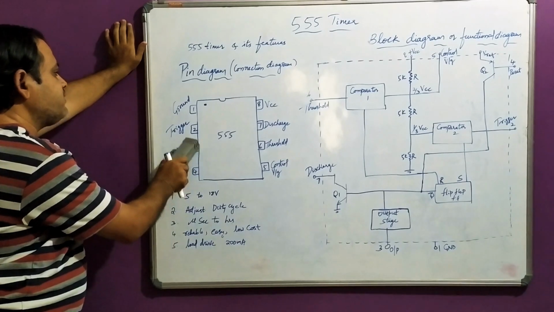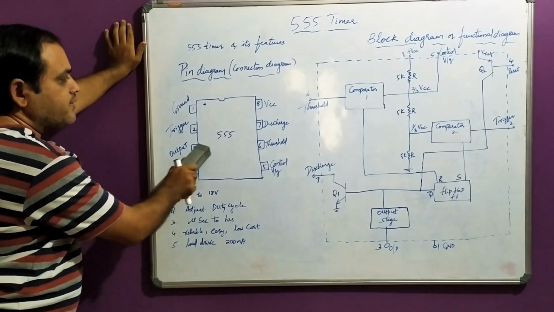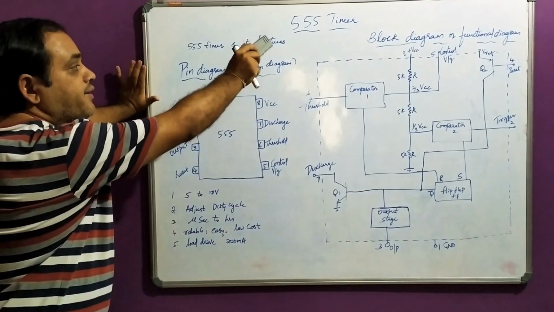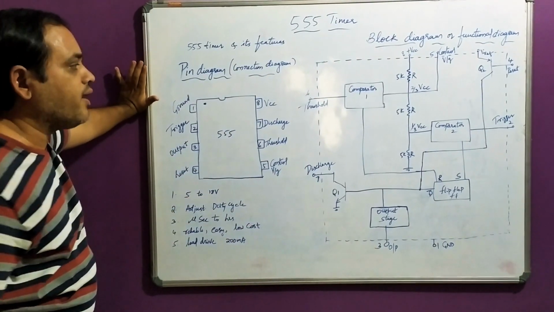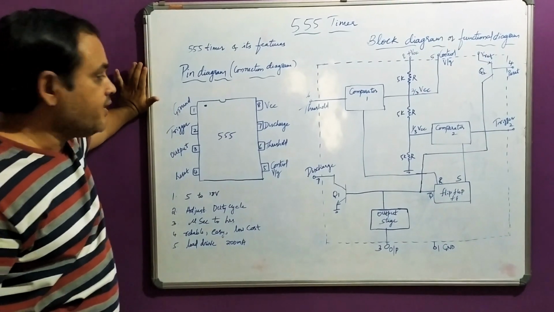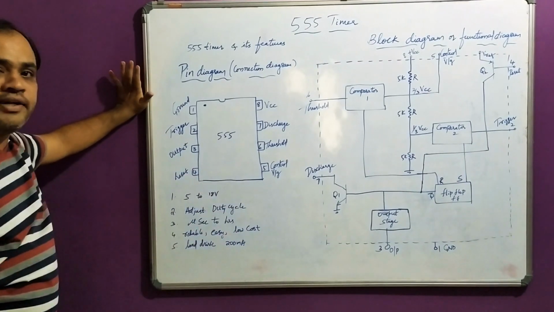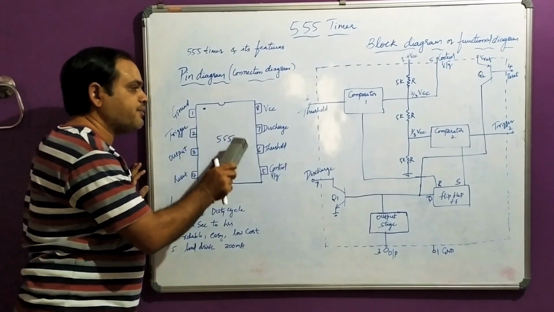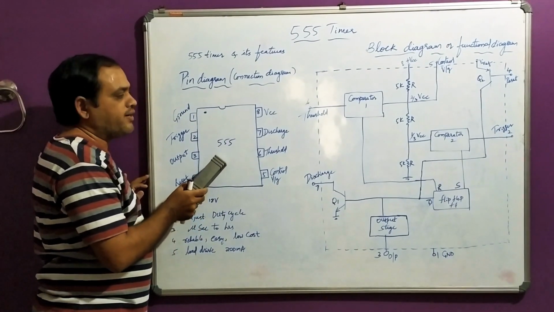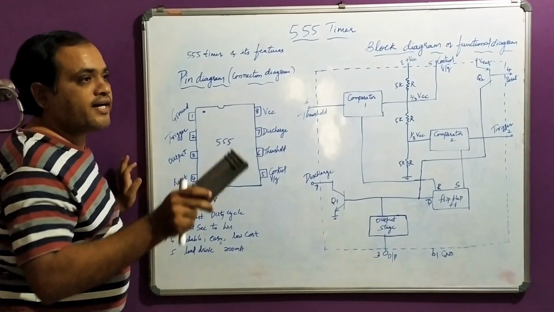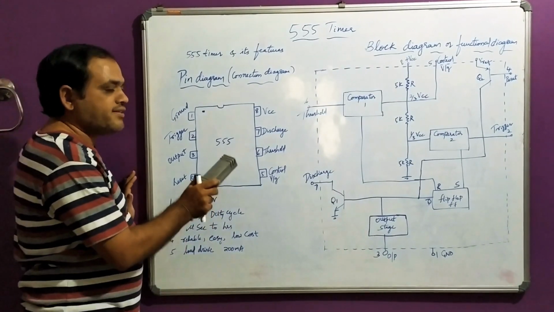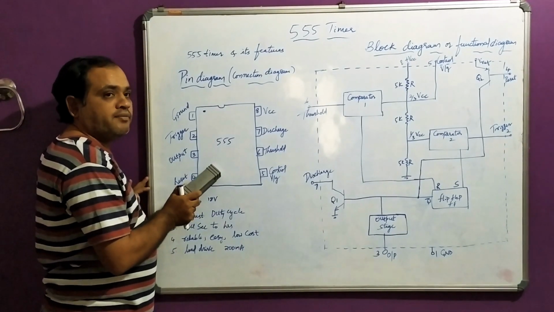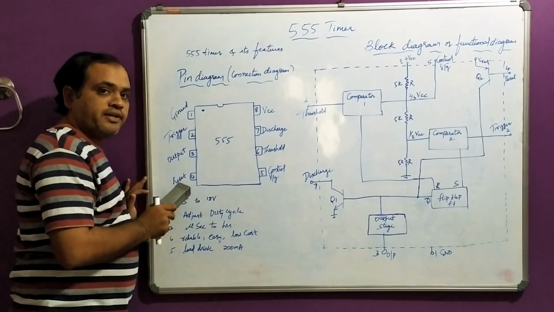we can load the output in two different manners: connecting pin number 3 with respect to ground, or connecting pin number 3 with respect to VCC. This is to maintain the load or the current driving capability of the transistor connected inside the 555 timer. Now the fourth one is the reset pin, most important in the 555 timer. If the 555 timer gets charged, or any disturbance is caused to the 555 timer, that entire thing is overridden by making use of the reset pin.